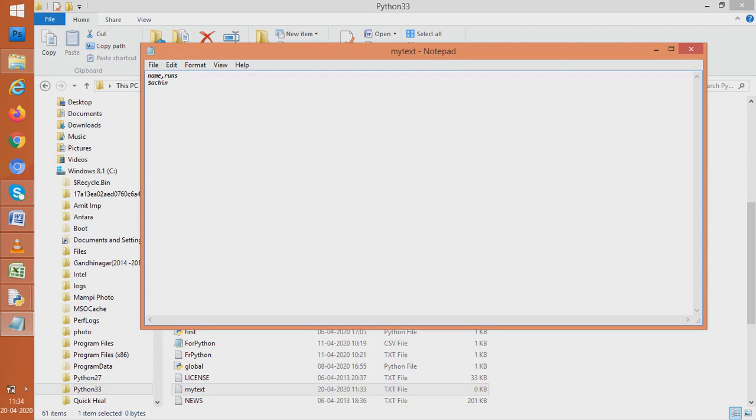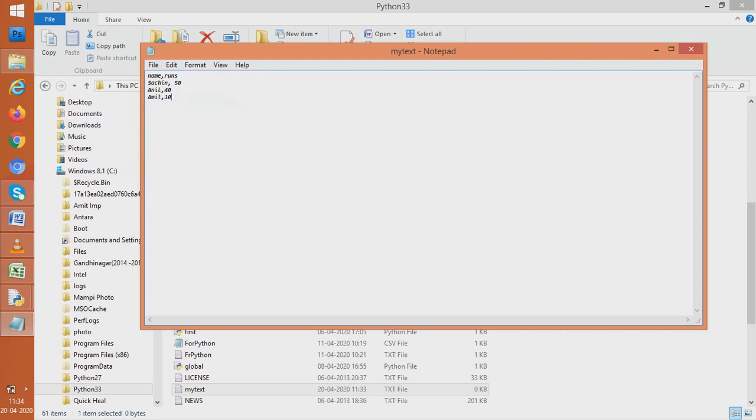Say data is 50. Say name is Anil. So data is, say, 40. Give another one, say Amit. Data is, say, 10. So this is the data which we have created. The first row is the heading, and it has been created manually by us.